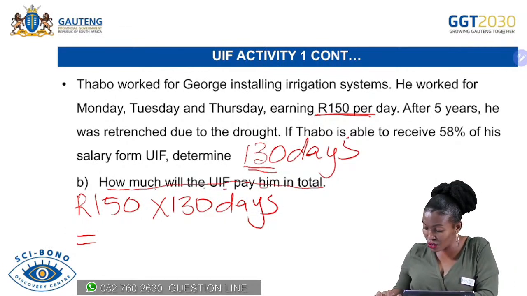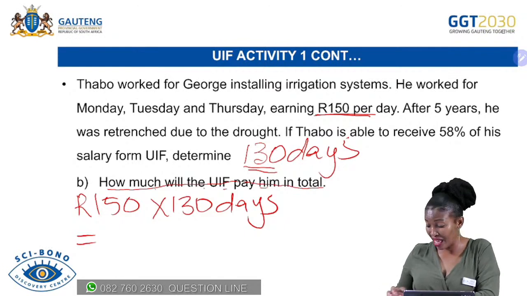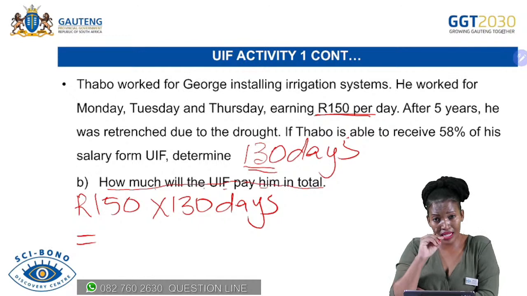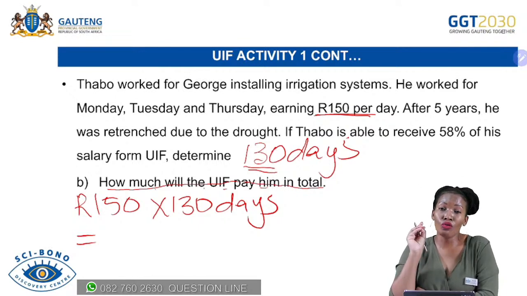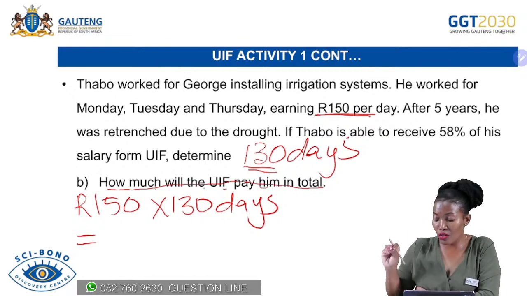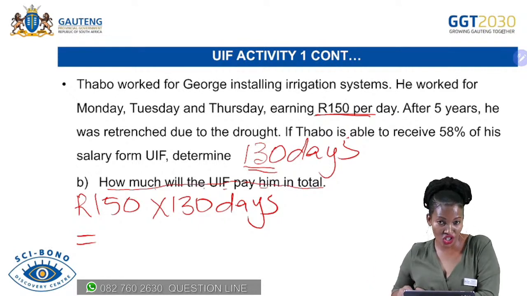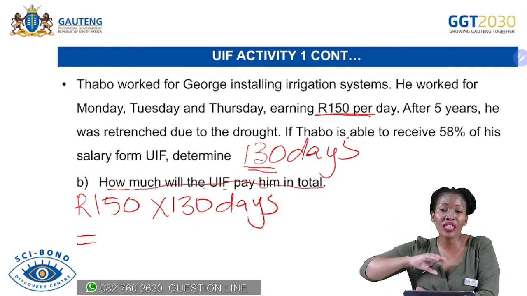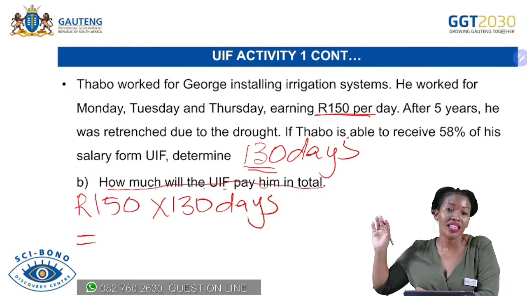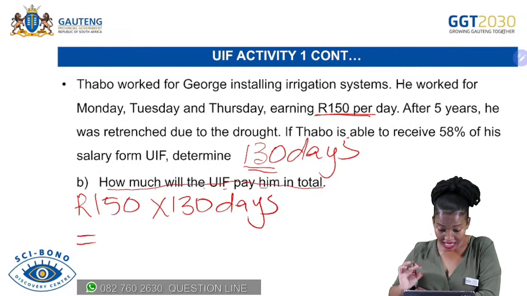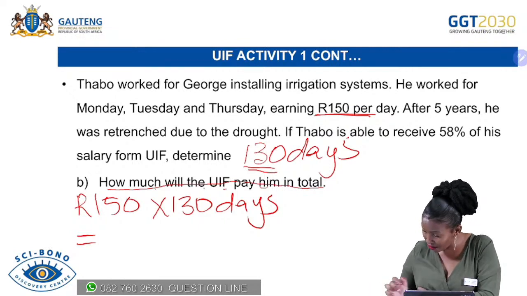Guys, please make sure that you punch in those calculators, ne? They don't bite. And the calculator that you are using now should be the calculator that you'll use in the exam, because you know it, you are used to it, you have a working relationship. You don't want to go into the exam with a new calculator, a stranger that you don't understand. So it's 130 days multiplied by 150, it is